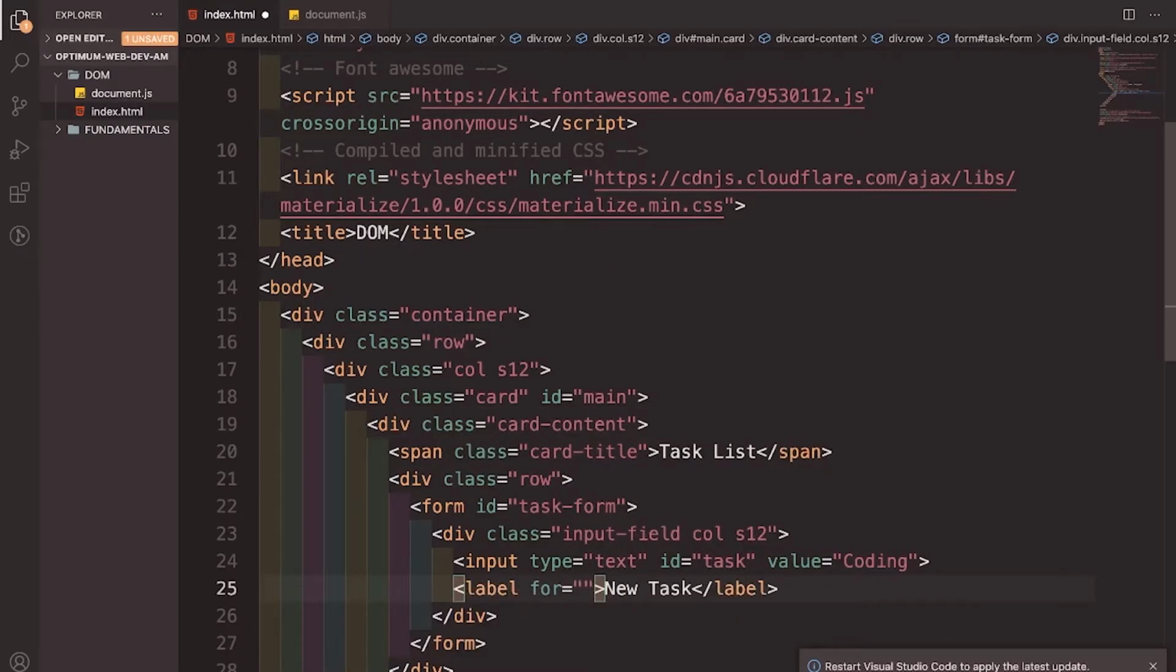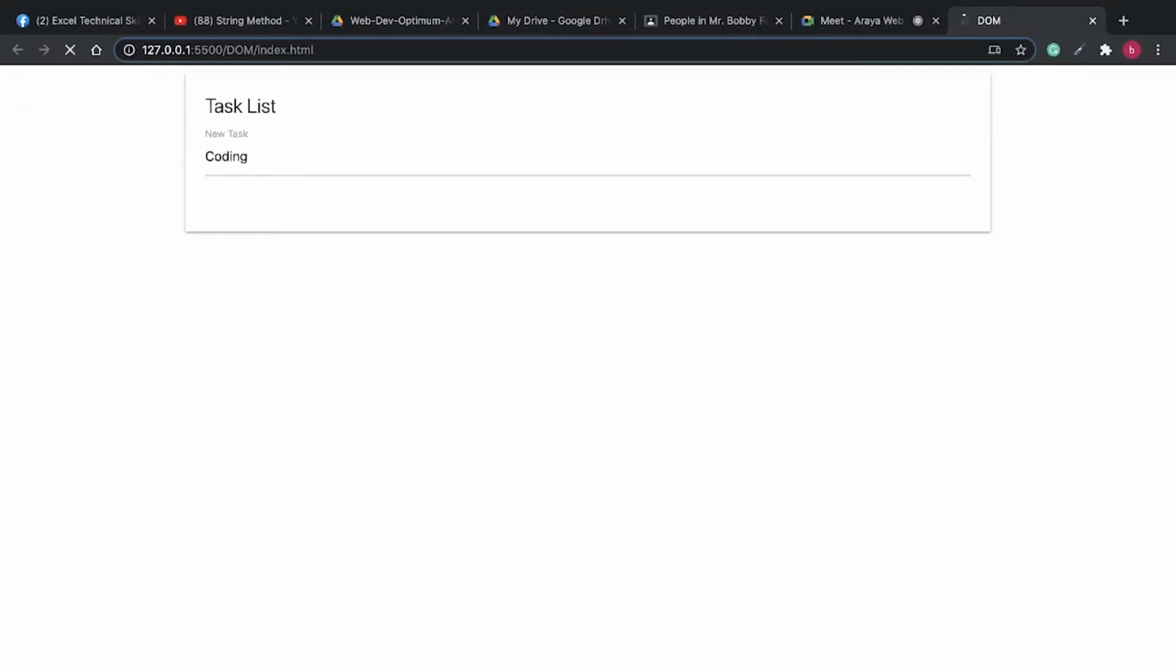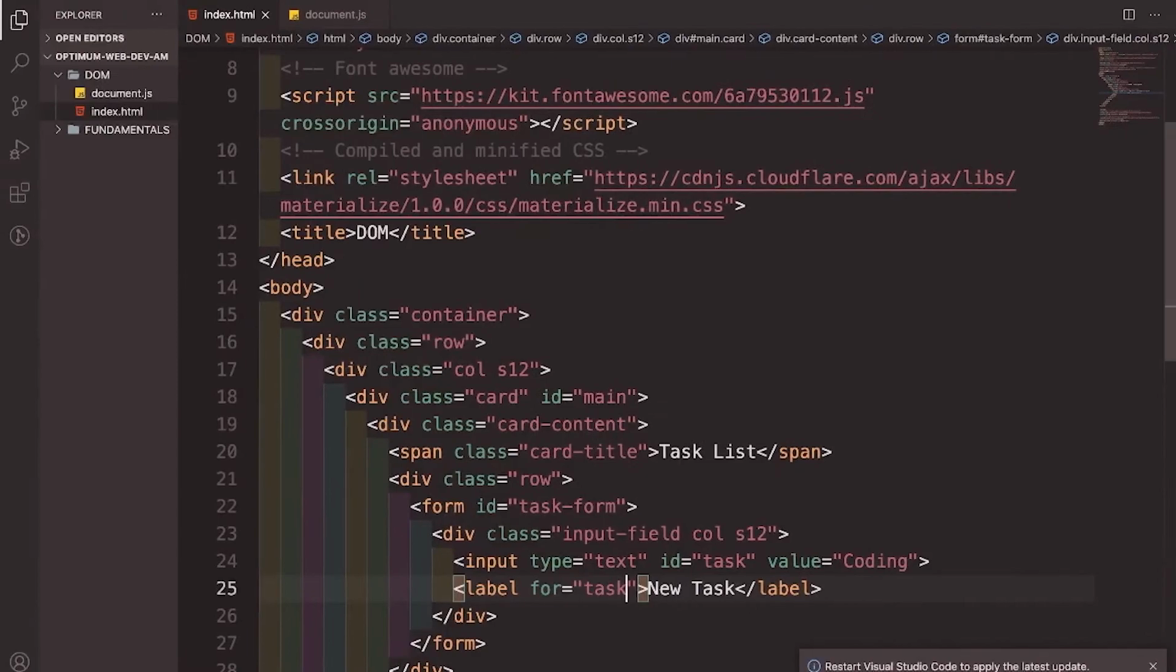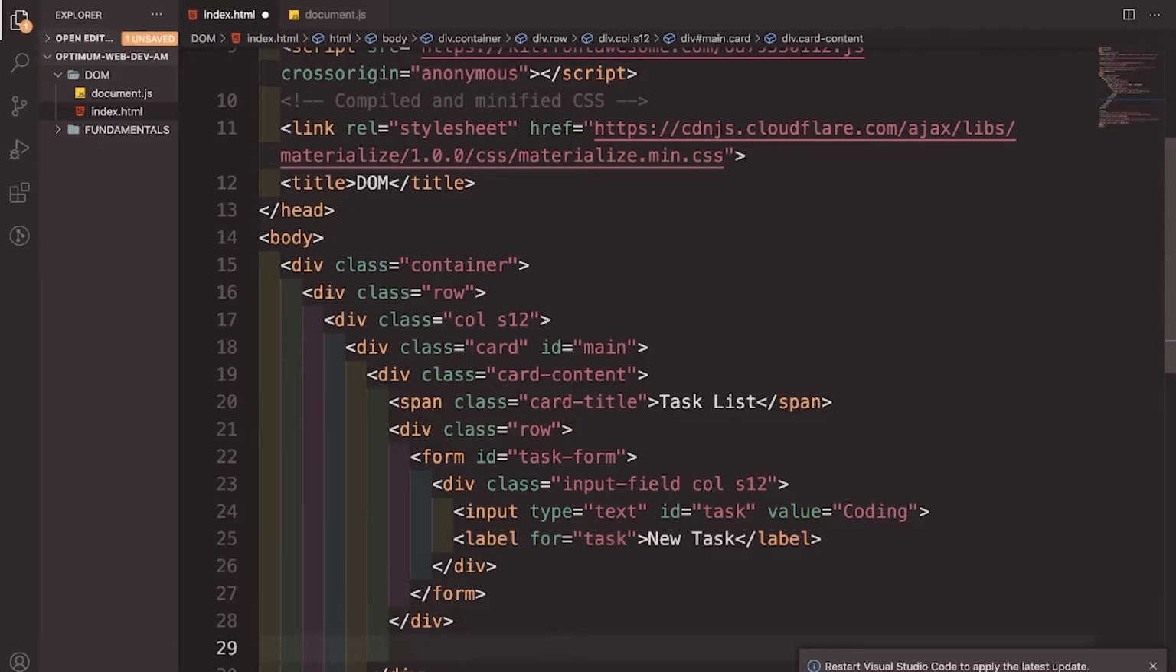Alright, yung form natin, let's see a task. Ayan. So, yung value nun is, ang default niya is coding. Alright, so let's continue building this structure. Right, after the row, okay, let's create an input